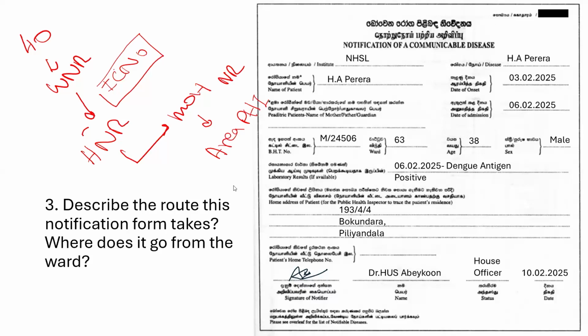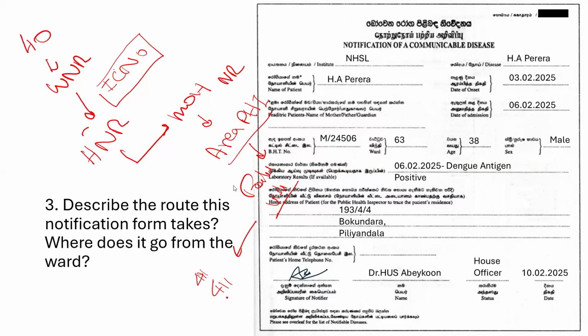will mark that on the inward register, and will do the home visit. In that, he will confirm the diagnosis and will check the compliance and follow-up of the patient, and see whether any family members or contacts are affected as well, and will check for the source of infection, and then he will fill the outward register and H411. And then based on H411, he will update the notification register, that is H411A, and will inform the EPID